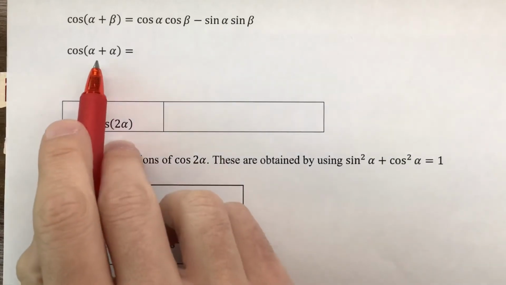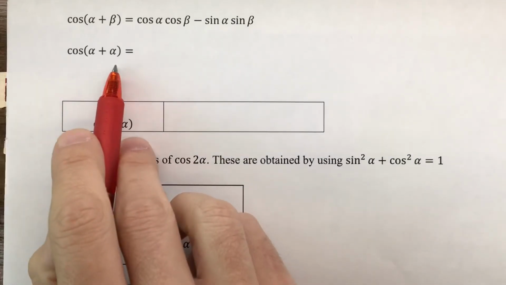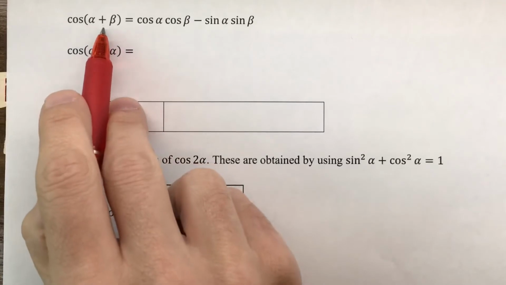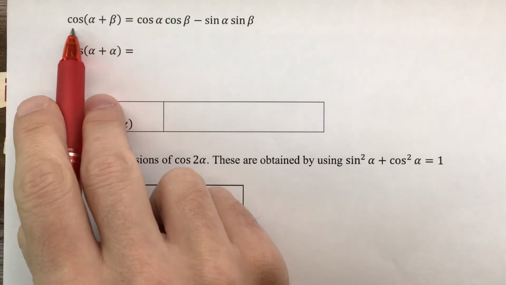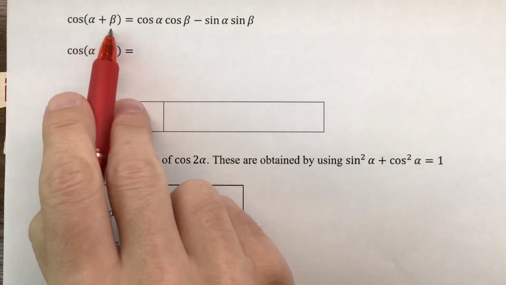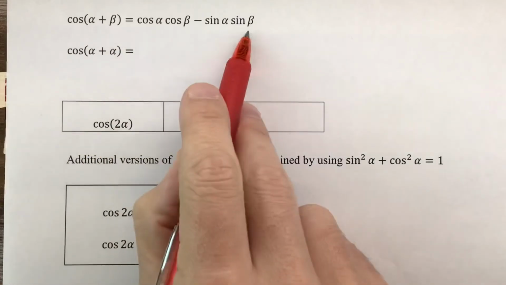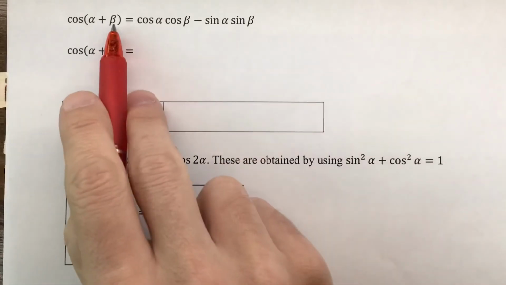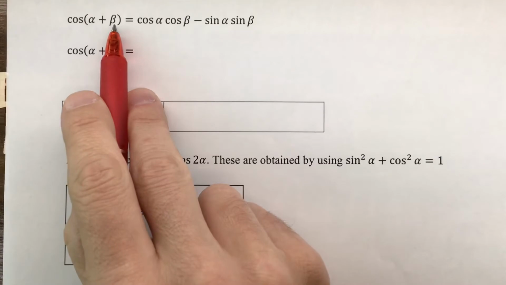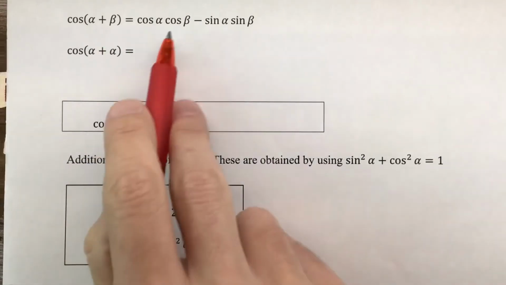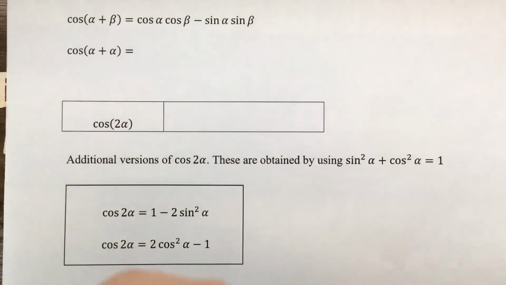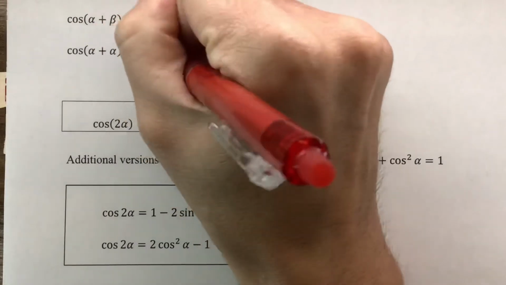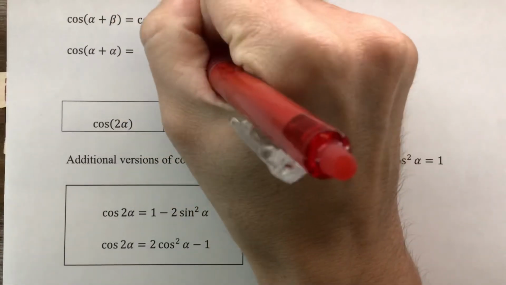Okay, so we'll backtrack here. 2 alpha would just be alpha plus alpha. We'll continue to backtrack all the way to what we know. The cosine of alpha plus beta is equal to this. Now, if we're going to substitute an alpha in for the beta so that we can get 2 alpha, we're just going to change each of the betas to alpha. That will give us cosine alpha